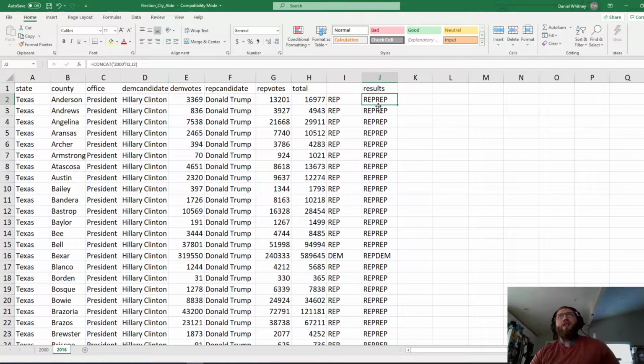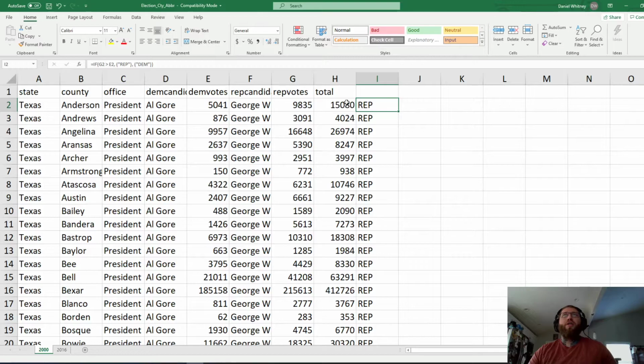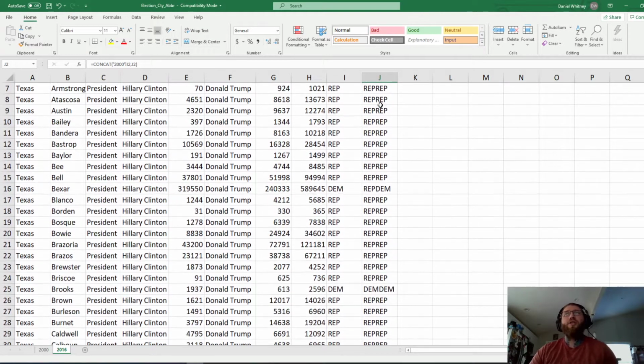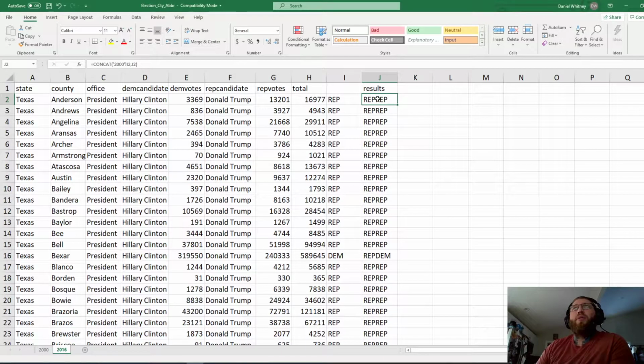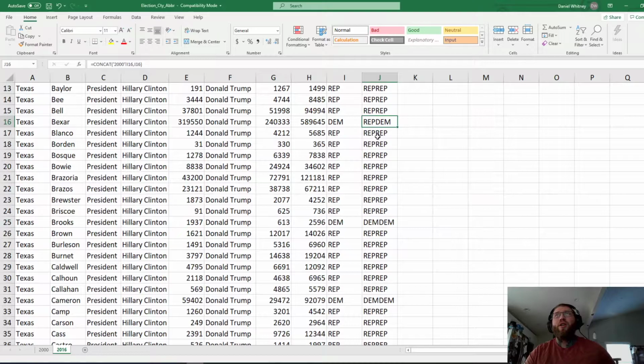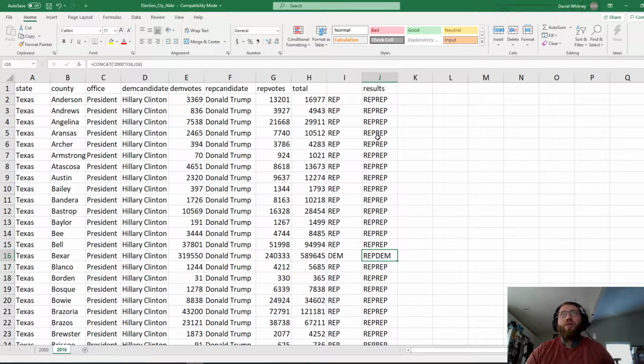What I did here is I determined each county's 2000 election winner and 2016 election winner, and I just concatenated those. And the reason why I did that is that if you see, a Republican won this county in 2000 and 2016, so it's a pretty reliable Republican county there. But we'll get a chance to see counties like Bexar County, San Antonio, which in 2000 had voted for a Republican, and in 2016 voted for a Democrat. And so these are the changes that we're looking for, and that ultimately I want to show on a map